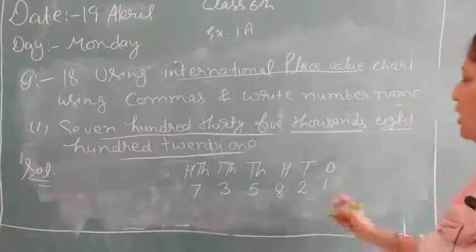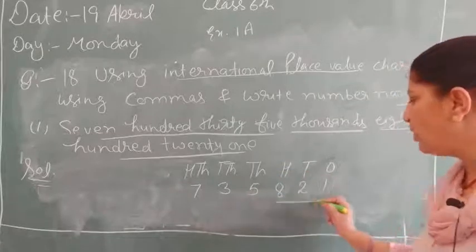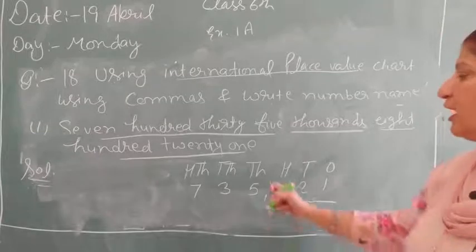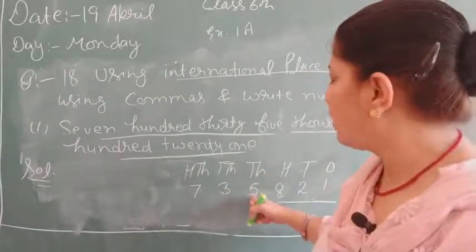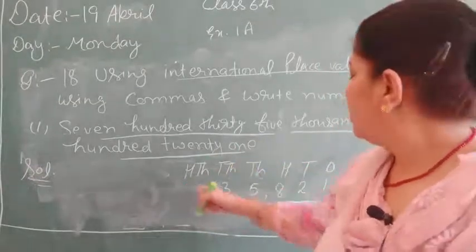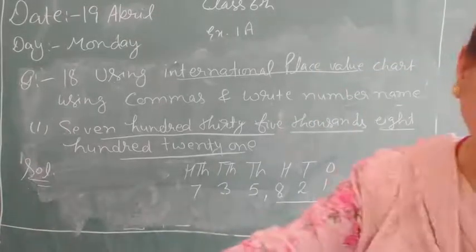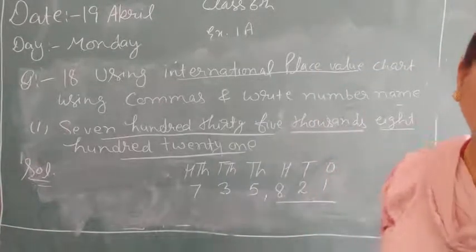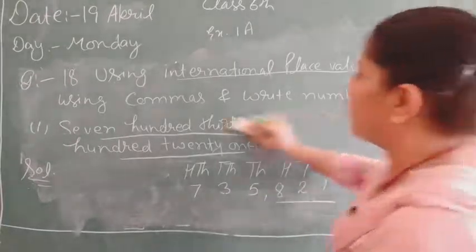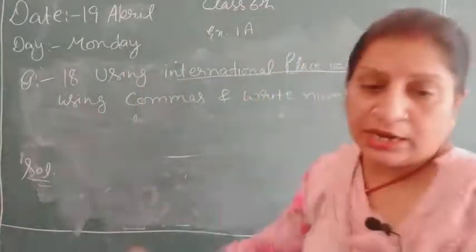Clear this one? Now here we see that ones, tens and 100 belong to the ones period. So we put a comma here. After that this 735, these numbers belong to the thousands period. So here we write this. Clear this one? Now this is our answer. Now we write the second part of this question, and in this part it is given that